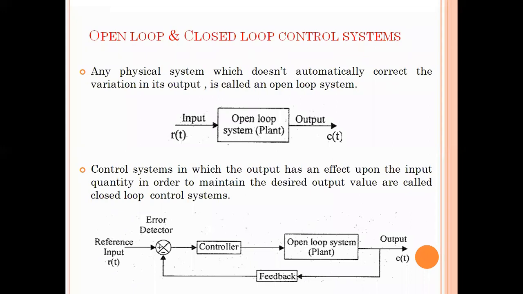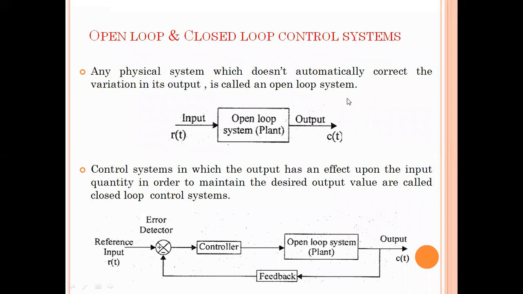So this automatic control system is also called the closed loop control system, right? The closed loop control systems are also called automatic control systems, where the output, you can see here, is automatically controlled. So the unwanted signals that occur in this output due to the external disturbances can be automatically corrected in the closed loop control system. That will be done by this feedback loop. You can see a feedback loop is connected here,